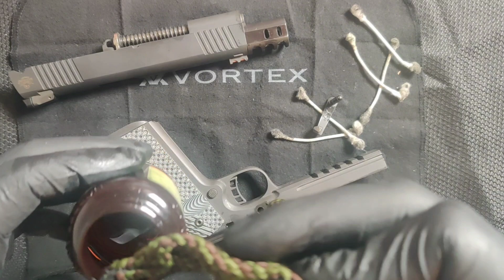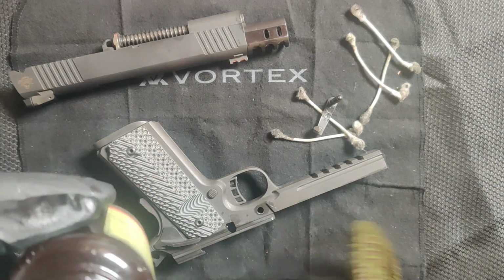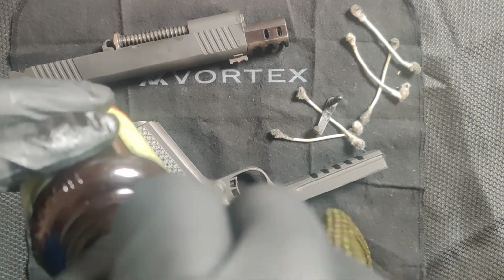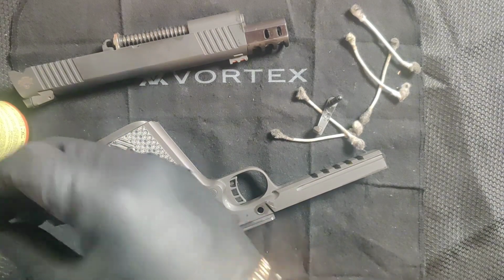Going to dip it real quick. And this is a little extra. I don't know what we need, but this thing has been around. There we go. And then at the end,